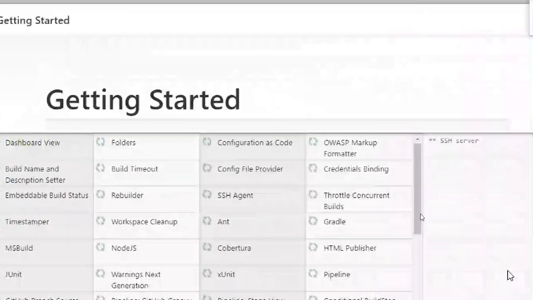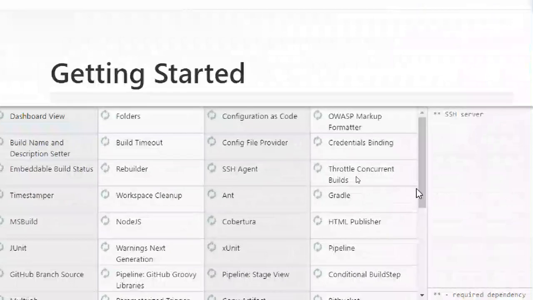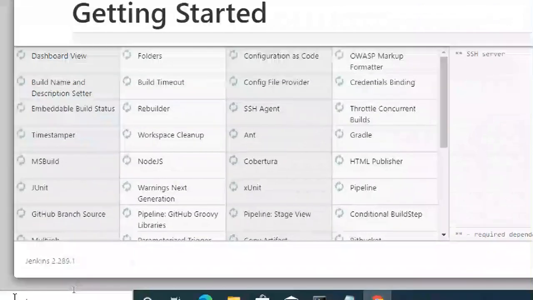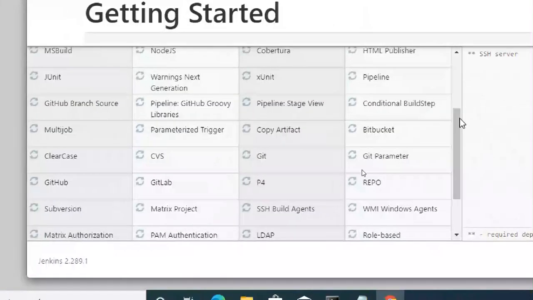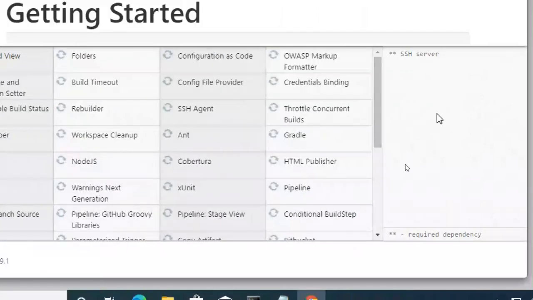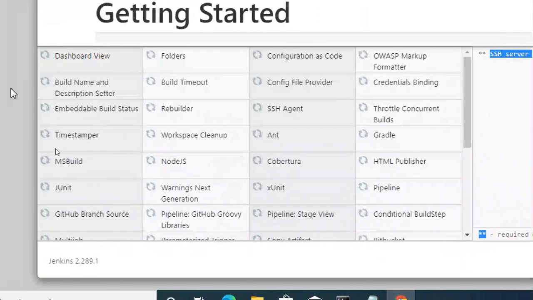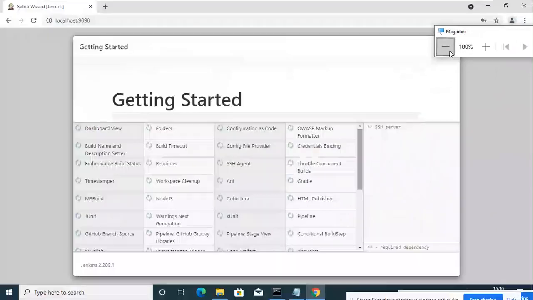Don't click anything. It will push, or maybe sometimes it will get stuck in some place. First it will try to resolve the dependencies. So double star means dependencies, and one by one it will install.